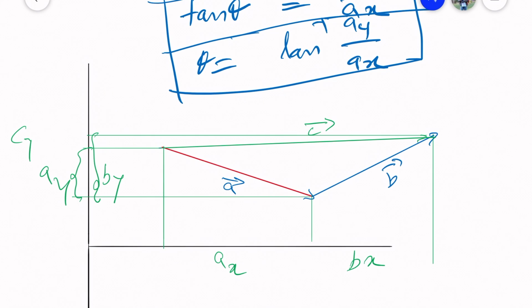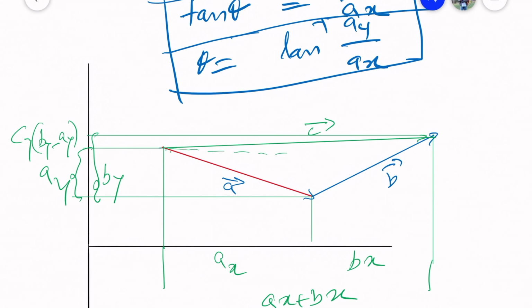So your resultant vector, this is your resultant vector and its x projection is nothing but Ax plus Bx, and the y projection is nothing but By minus Ay, and that is basically for a simple reason that the Ay is negative, because the angle is, if you believe this to be x axis, this angle